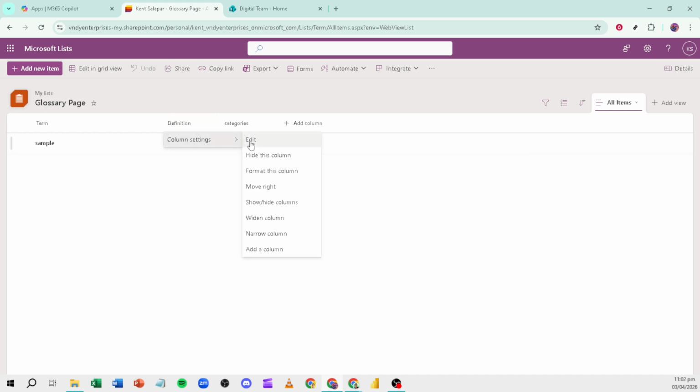Add another column using the choice type to capture Category. Define a few choices that describe how you want to classify terms, such as departments, topics, or product areas. If a term spans more than one area, consider allowing multiple selections so your list remains flexible and easy to